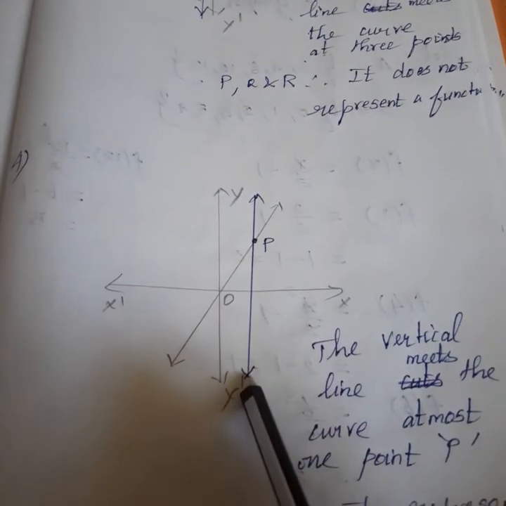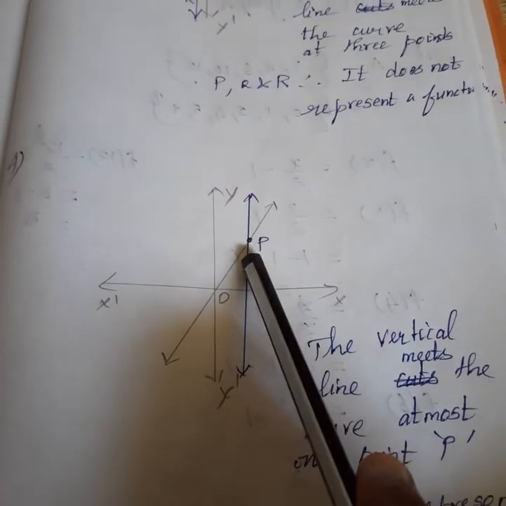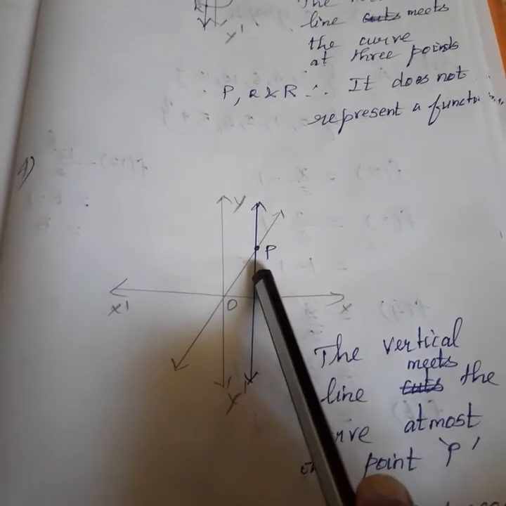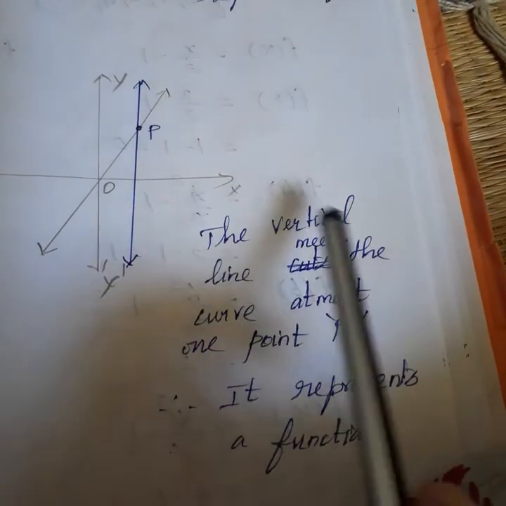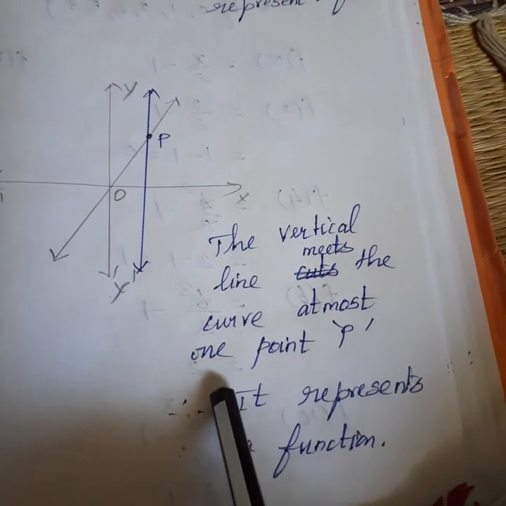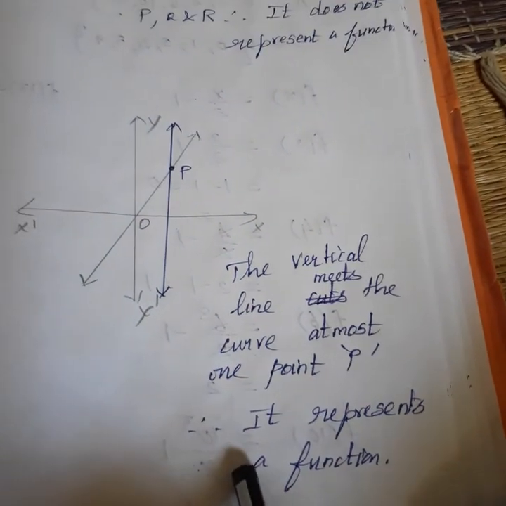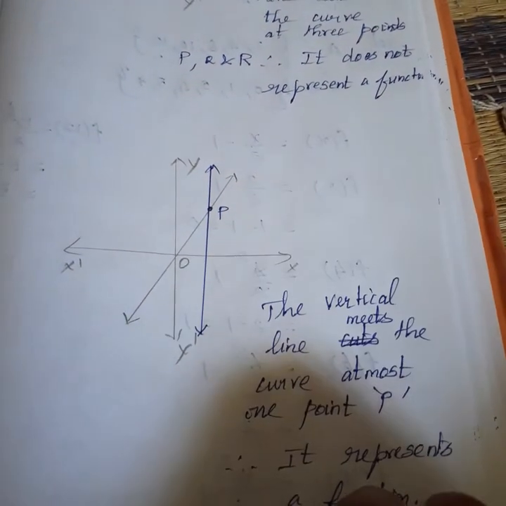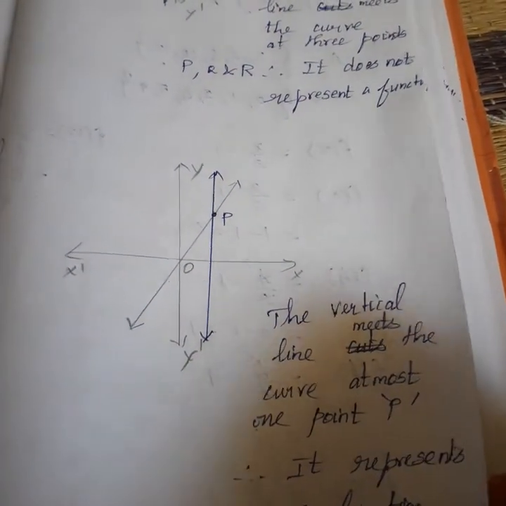The vertical line meets the curve at most one point P. So therefore it is a function, okay. So the vertical line meets the curve at most one point P. So therefore it represents a function, okay. So 4 sums got over. Then the next sum,